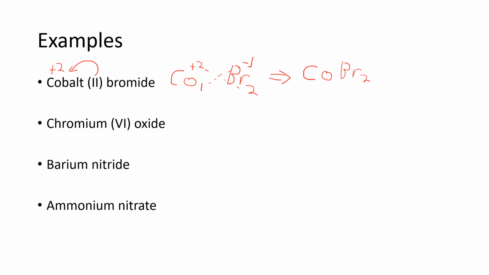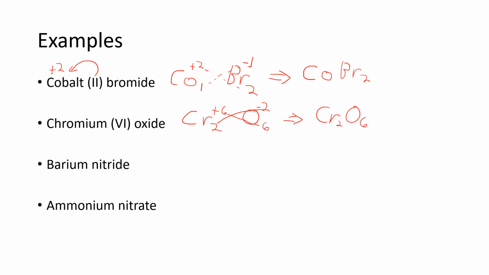All right, let's see how we did. Chromium 6 will be Cr with a +6. Oxide is O with a -2. The chalcogen family all go -2. +6 and -2 don't cancel, so we'll crisscross. We'll bring the 6 down here, we'll bring the 2 down here, and we will end up with